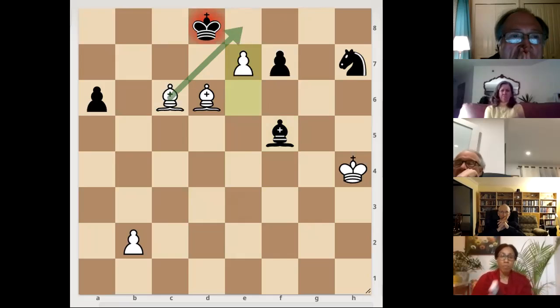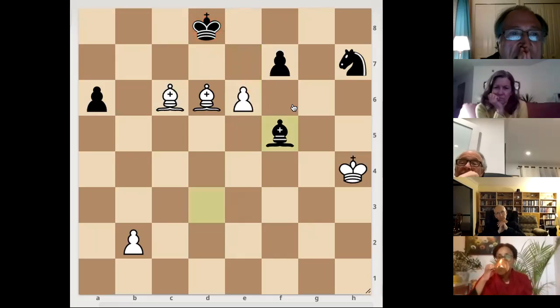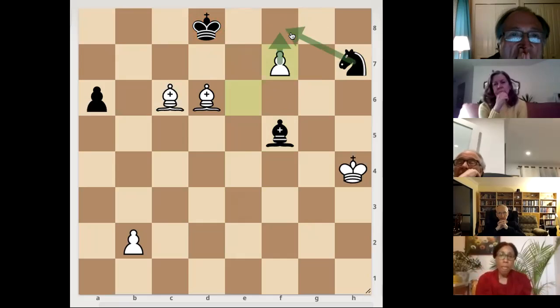Very nice. Well, the bishop could also take the pawn, right? Yeah. But if you pawn take the pawn, now the knight is controlling the promotion square. So you don't want to allow that. Then he's got the bishop to take the knight. That's true, but then